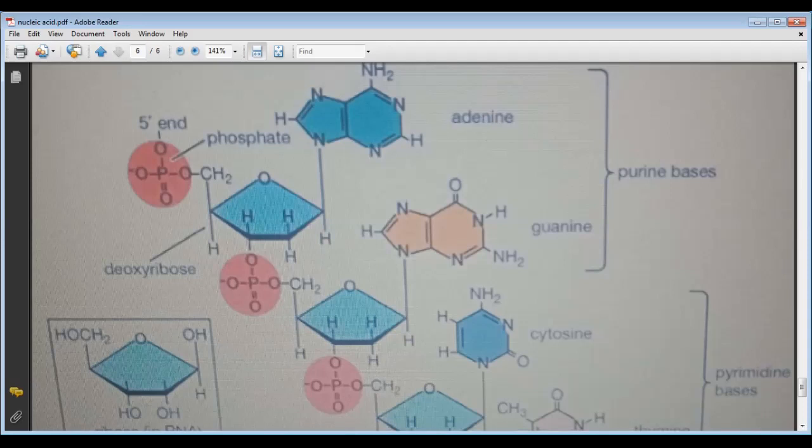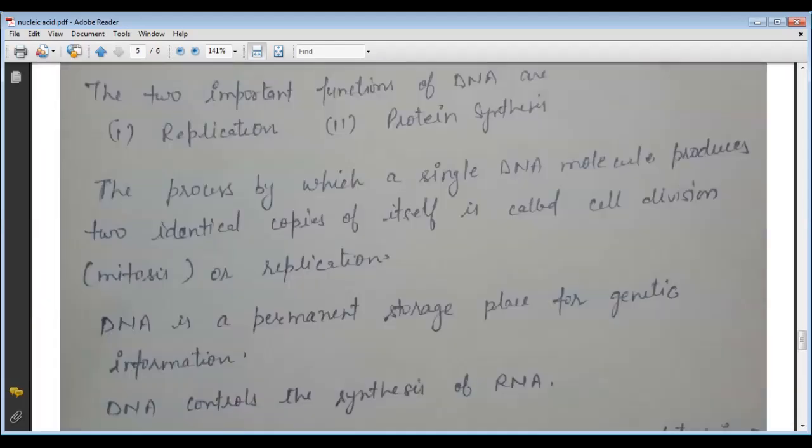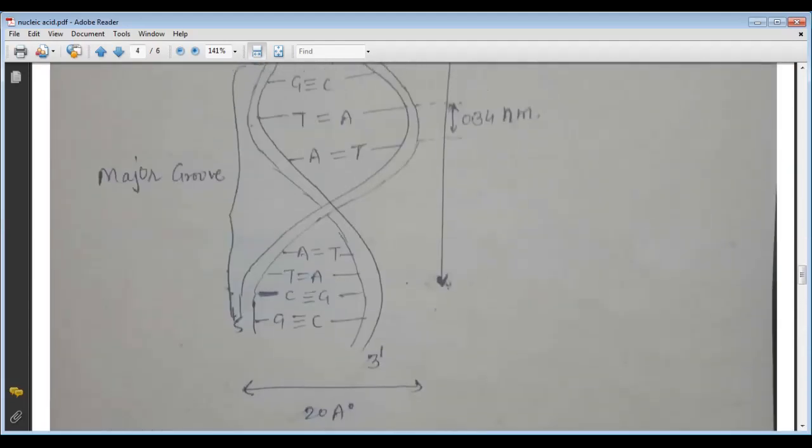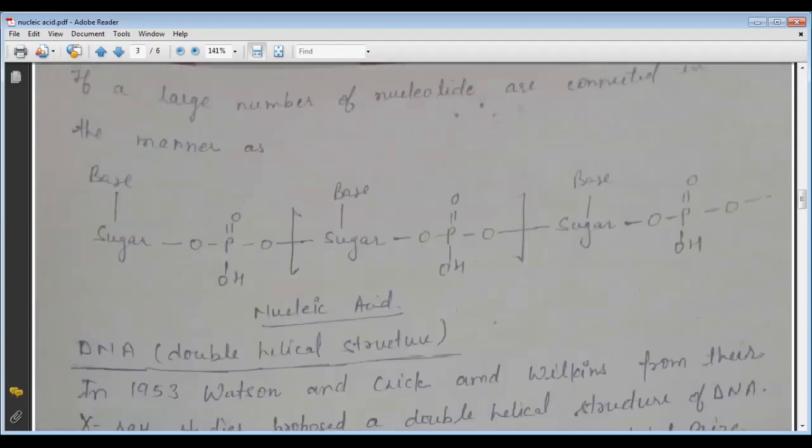We will discuss what ribonucleic acid is, the structure of ribonucleic acid, the types of ribonucleic acid, and the functions of ribonucleic acid also. But in this lecture, we have already discussed these points, and I will repeat them again.